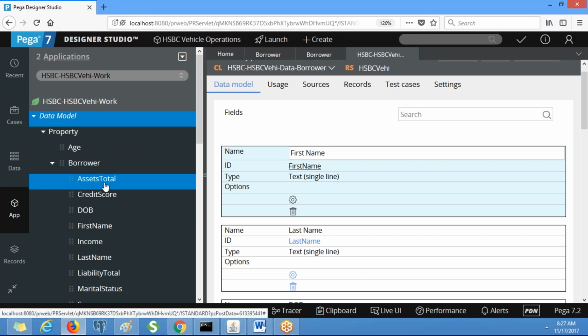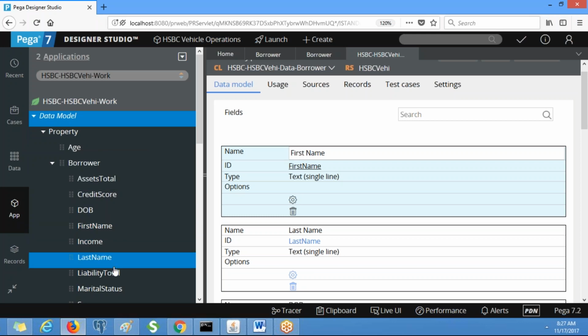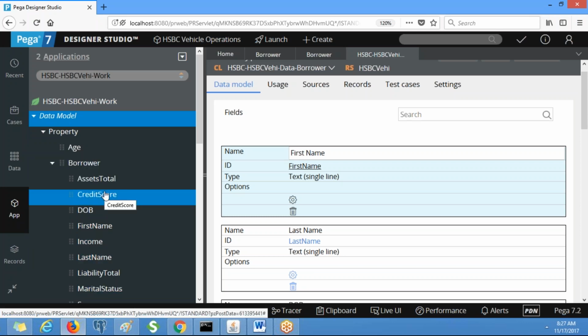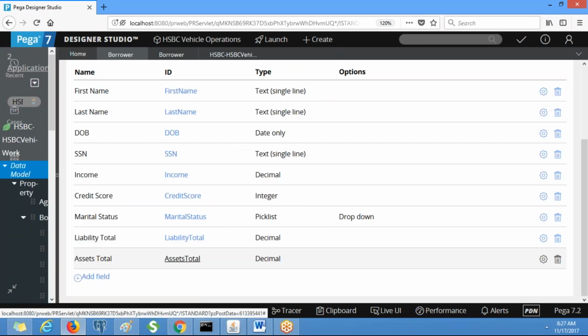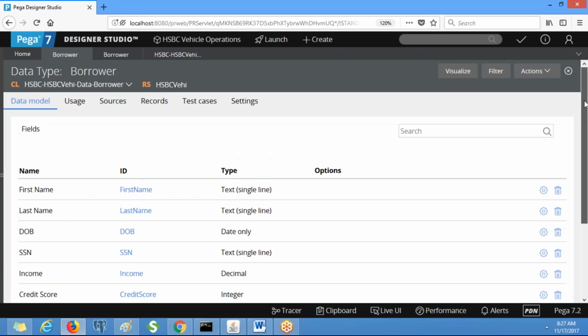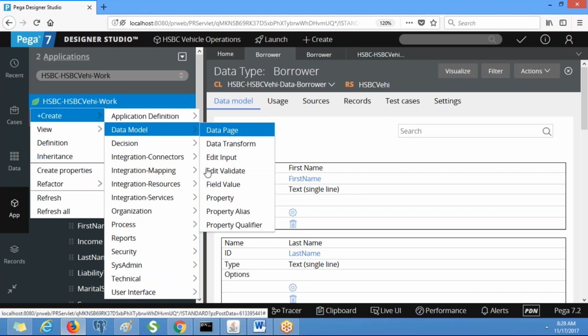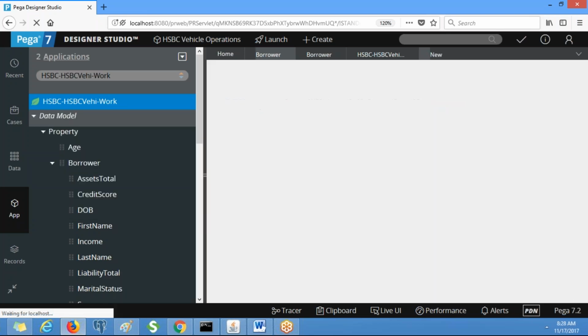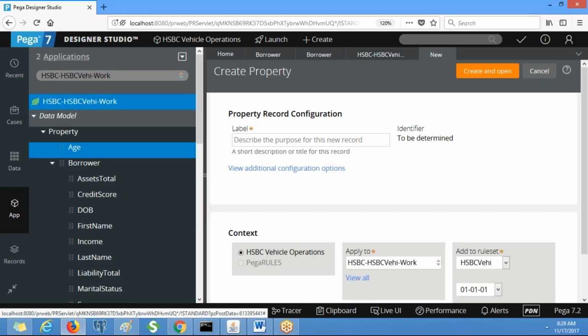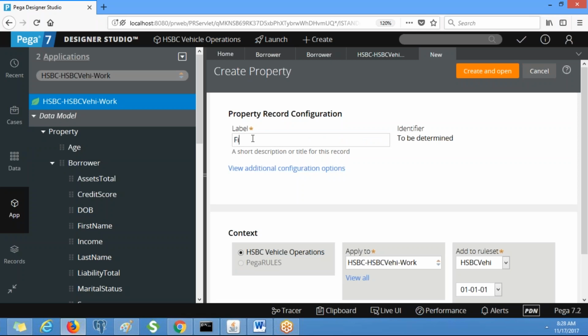So these asset, total, credit score are properties. If you want to use these properties, how do you include that page? How do you add this borrower data class page to the work class? See, it is the same as a property. Here I am going to create a first name one. If it is a page property,